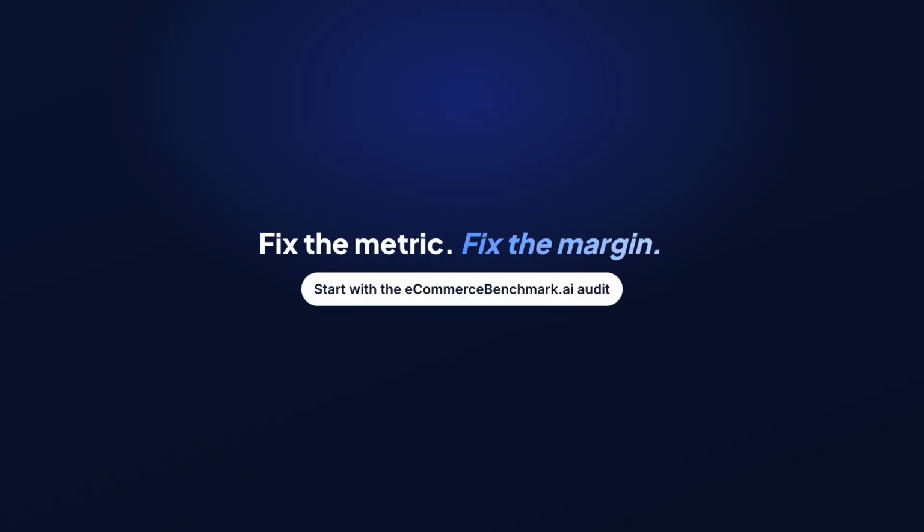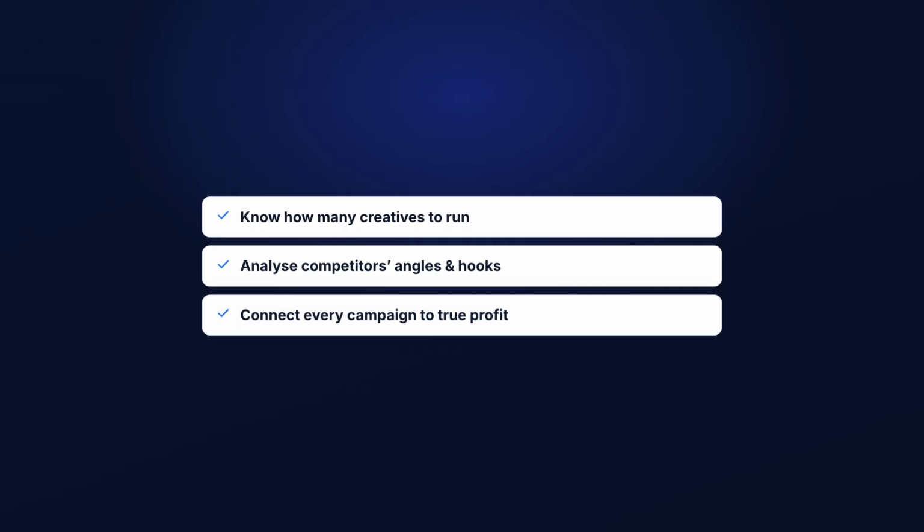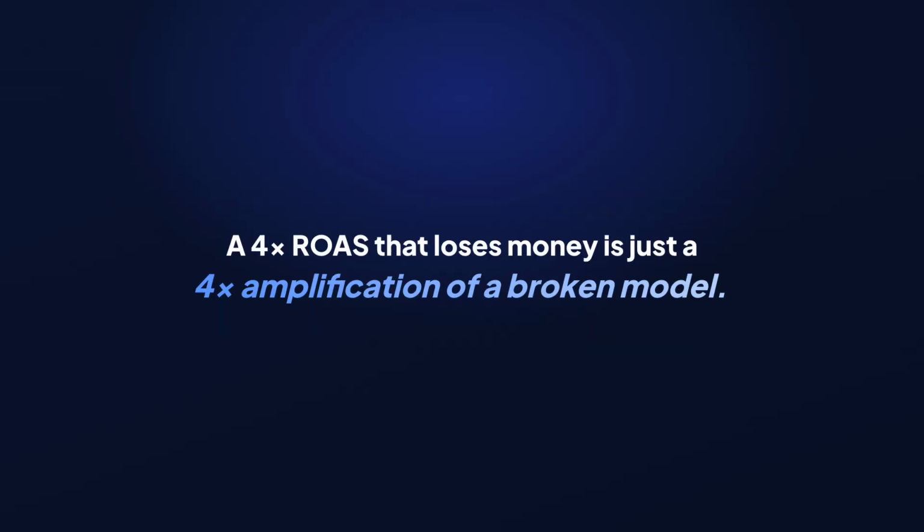Start with the Shopify benchmark audit. Understand which creatives and how many creatives you should be running. Analyze your competitors' creative and positioning and messaging and hooks. Then connect every campaign to the profit number that actually matters. A 4x ROAS that loses money is not a success. It is a 4x amplification of a broken model. Know your true profit, scale what actually works,